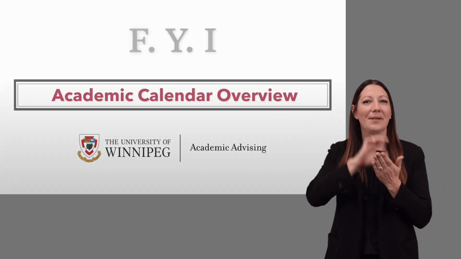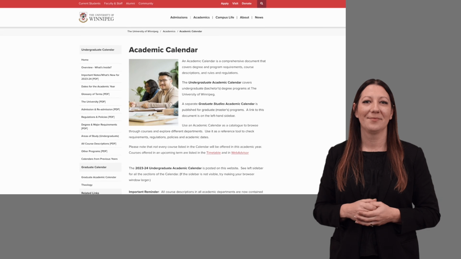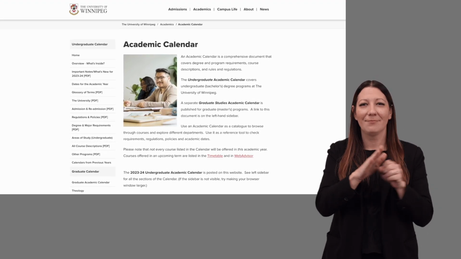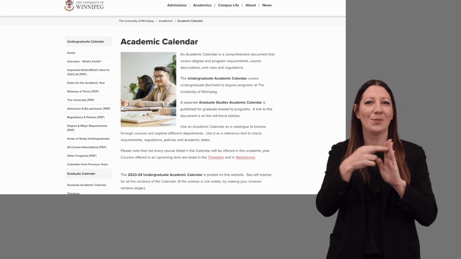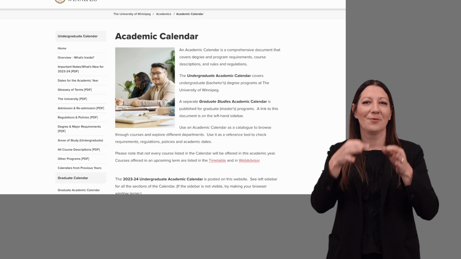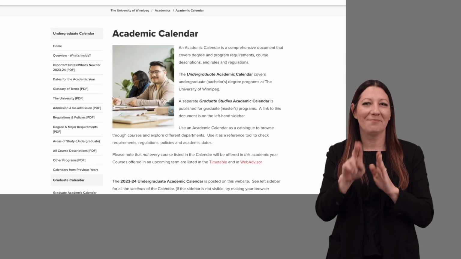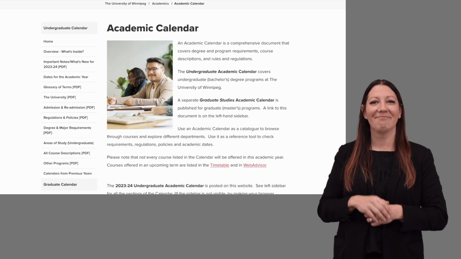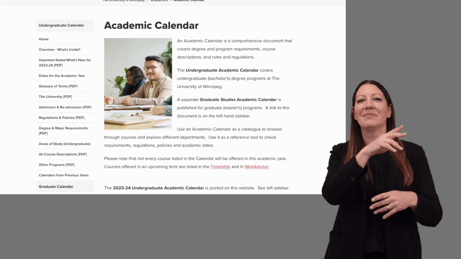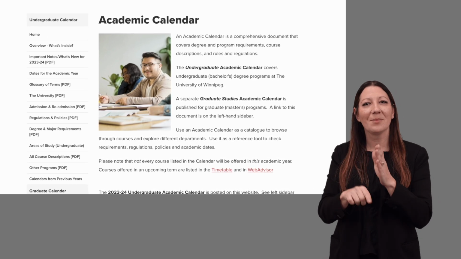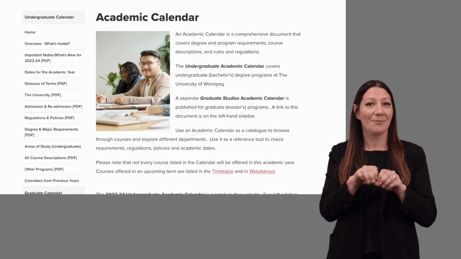Academic Calendar Overview. The undergraduate academic calendar is a comprehensive document that covers all the university's rules and regulations, degree and program requirements, and course descriptions for all undergraduate programs. It is available on the university website in PDF format. You can use it as a catalog to browse through courses and explore different departments. Or you can use it as a reference tool to check important dates, degree and major requirements, appeal procedures, and